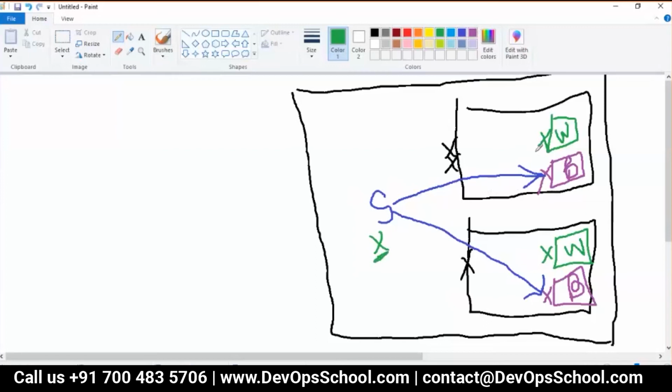Otherwise, how can it be load balanced? The service should be accessing the pod, right? So yes, the service is also on the pod network, and this pod is also on the pod network. So now anyone in the cluster, let's say if you are inside the cluster somewhere here or here, anyone can access this IP address because it's on the pod network.